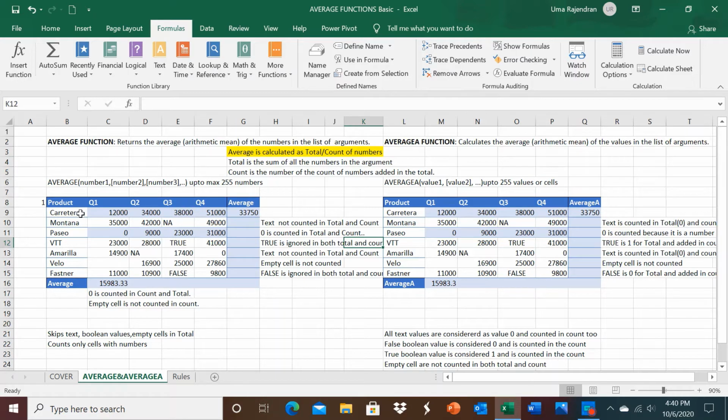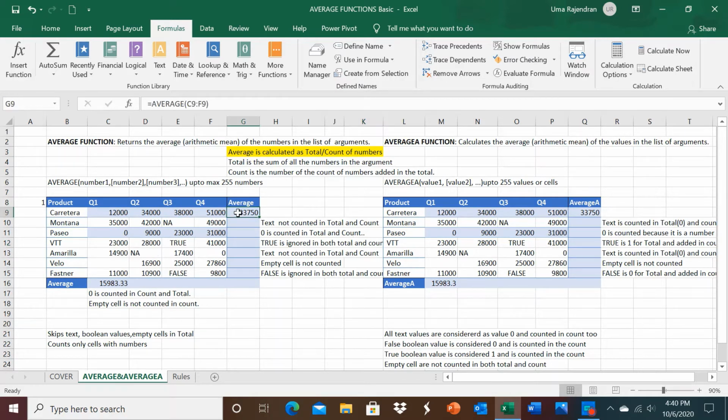We have a table here with the products and their quarterly sales, and we want to find the average of each product for all the quarters and also for each quarter for all the products.